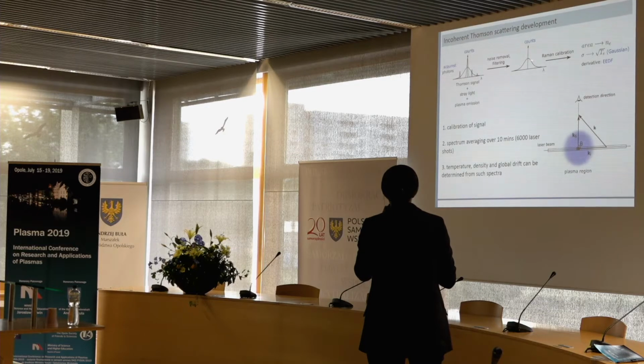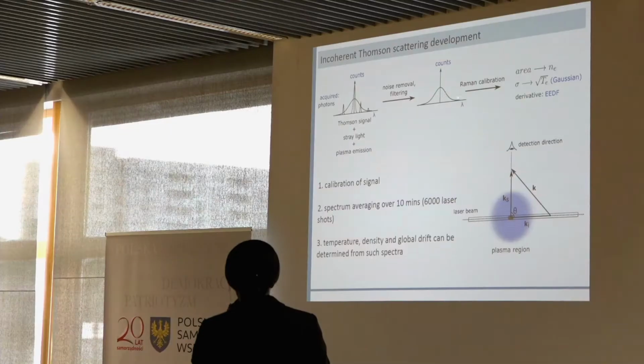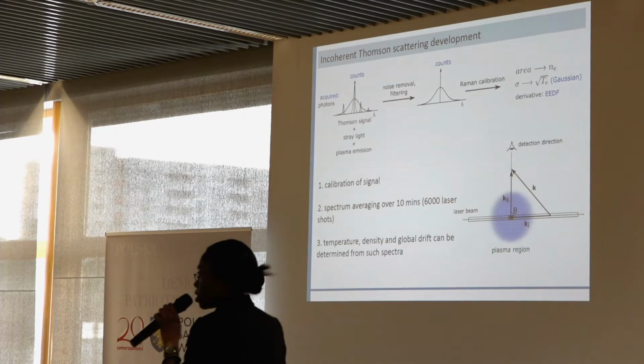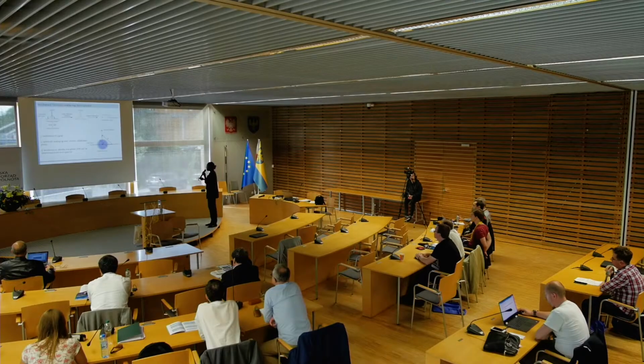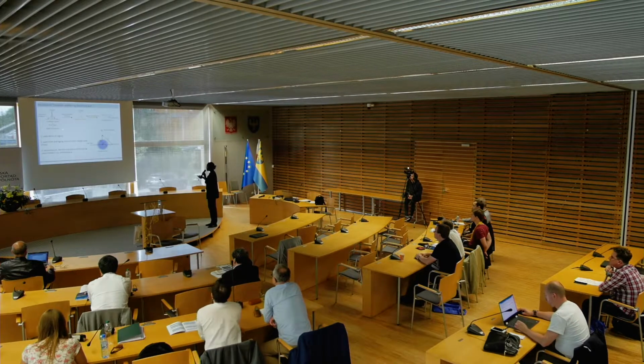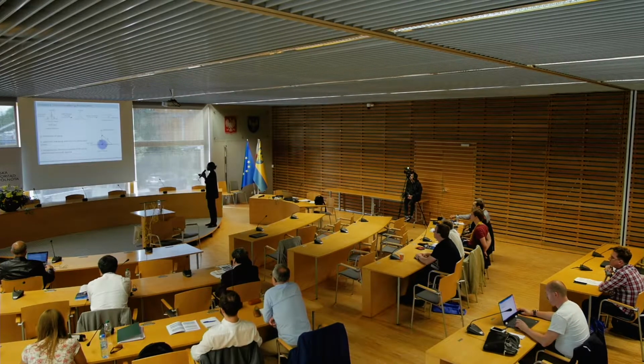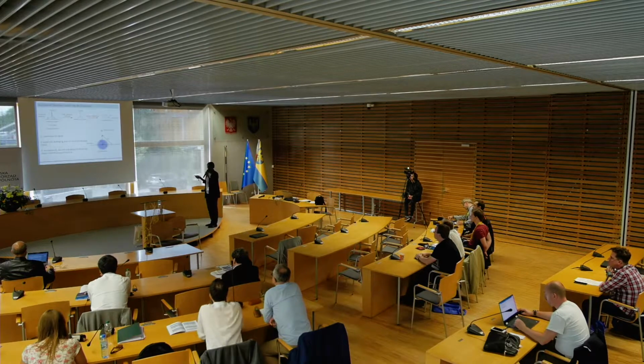So the area here is no longer in counts and wavelength. We can calibrate it so we can get electron density out from this, proportional to this area. And the Gaussian spectral width is proportional to the square root of the electron temperature if we have a Maxwellian distribution for the electron velocities. And from the derivative, we can of course obtain the EEDF. So using these procedures can give us a spectrum from which we can get the local electron properties,